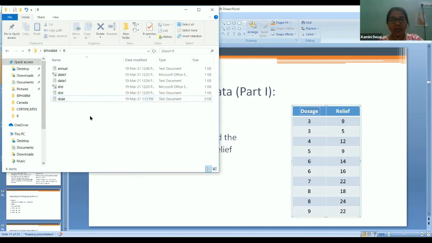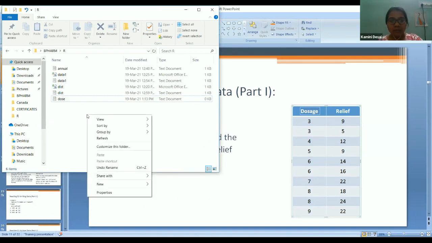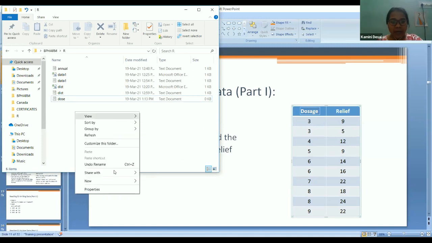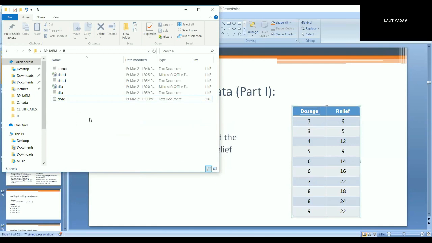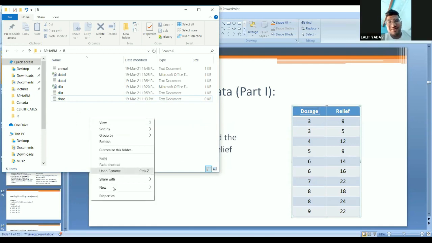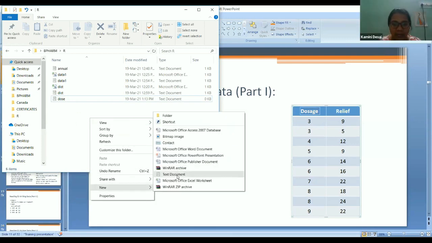You can open Notepad. If you right click the mouse, there is an option New. In that New option, you choose Text Document.